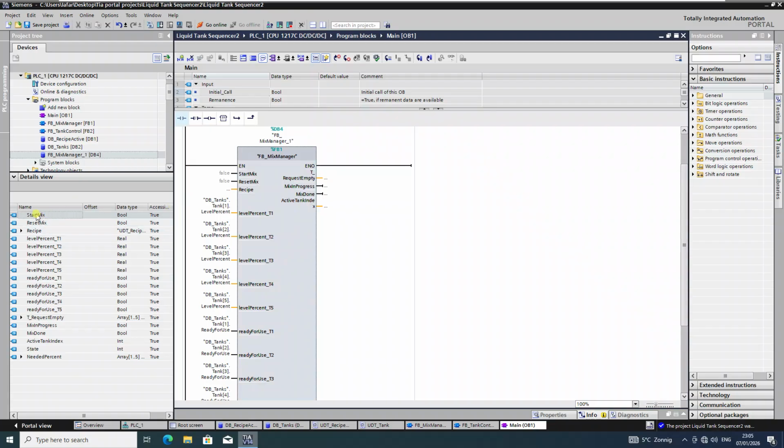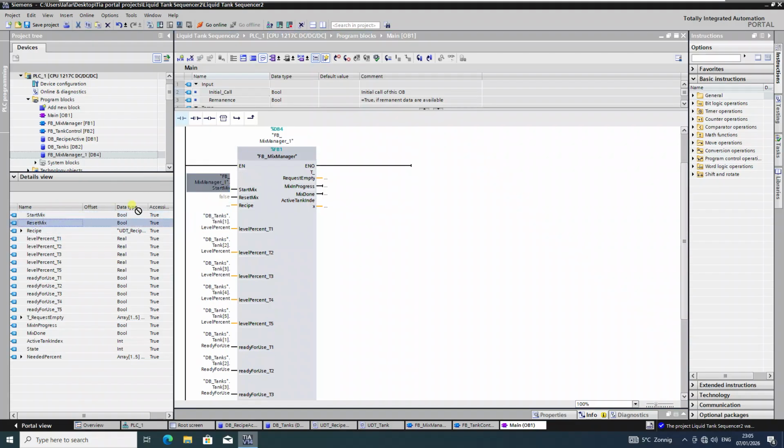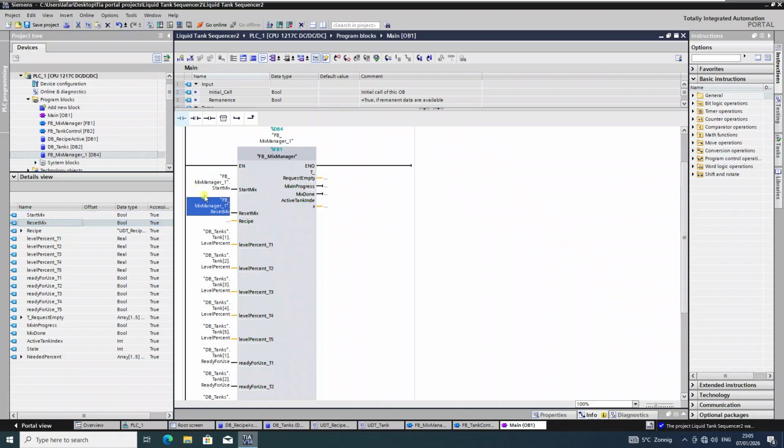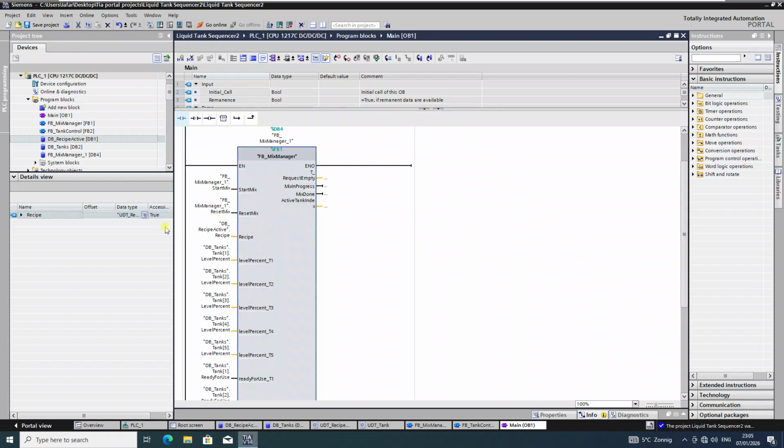Okay, since it's a backpack of the function block, you can use it for the function block. Recipe should be recipe. And now